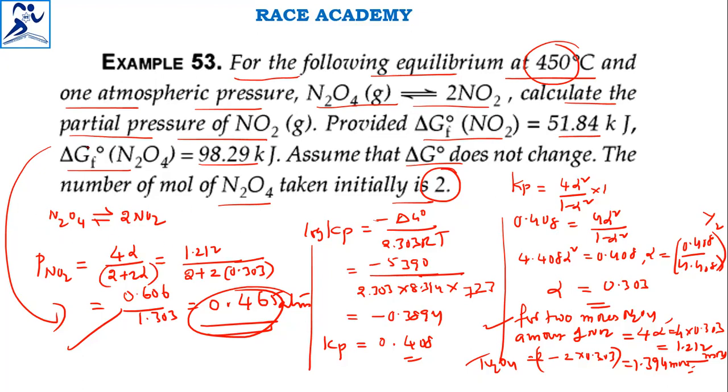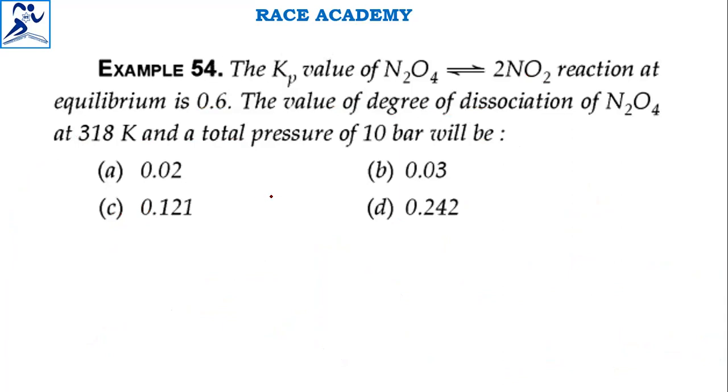Okay, next question. The Kp value of the N2O4 reaction at equilibrium is 0.6. What will be the value of degree of dissociation of N2O4 at 318 Kelvin and a total pressure of 10 bar? The 4 options are there. Here,